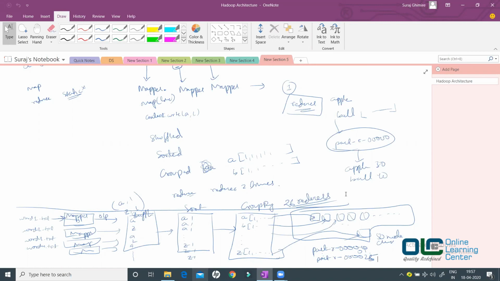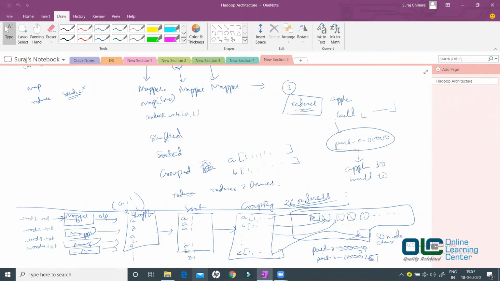Okay, so can we configure it programmatically? I mean, the number of reducers based on the real-time data. As far as I know, you cannot do that programmatically. You will have to define this before you start running your job. So you'll have to understand the data, how much data is coming, and based on that, you should decide your number of mappers and reducers. So see, by default, the number of mappers would be based on the number of blocks which you are going to process. For example, if you have 1 GB of data, then total number of mappers needed would be how much? 8.